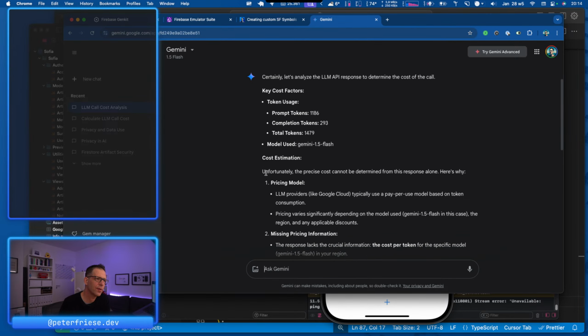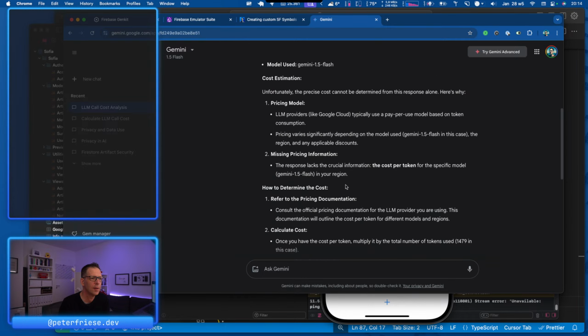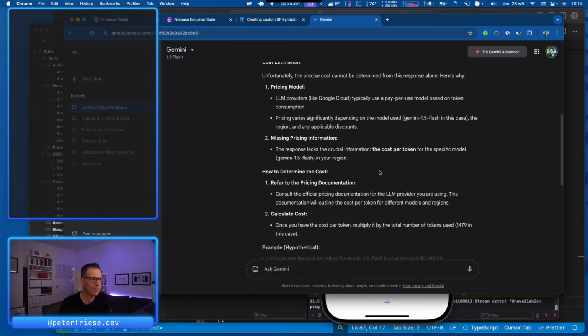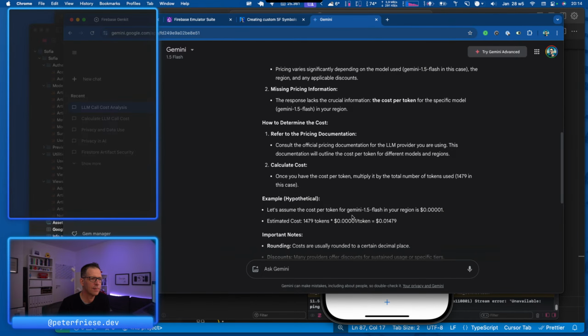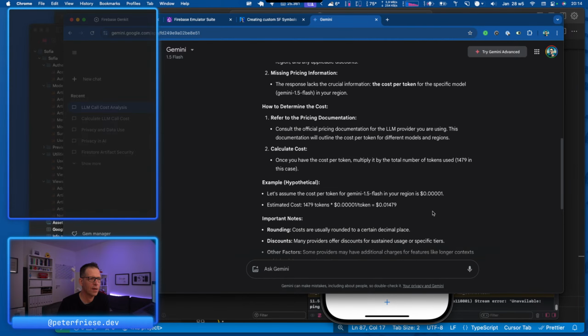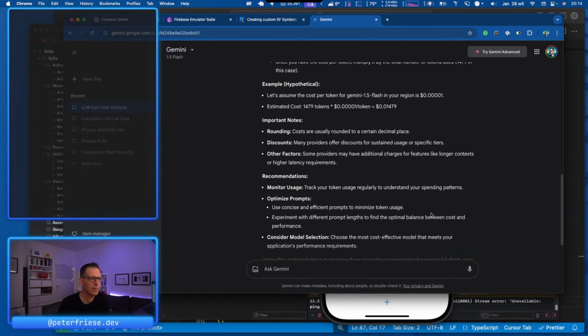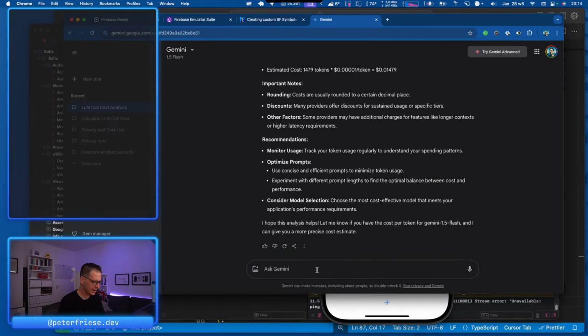And then, of course, it's cautious, and it says, you know, precise cost cannot be determined from the response alone, and it explains why. Missing pricing information, yeah, this is not something that we provided. Okay. And now it makes an assumption. Okay. But we want to get detailed costs. So I'm going to tell it to use the cost from the cost table on the Google page. Please use the cost information